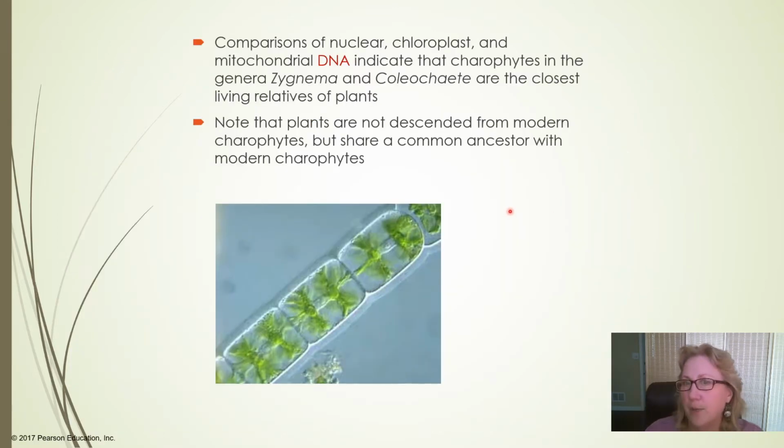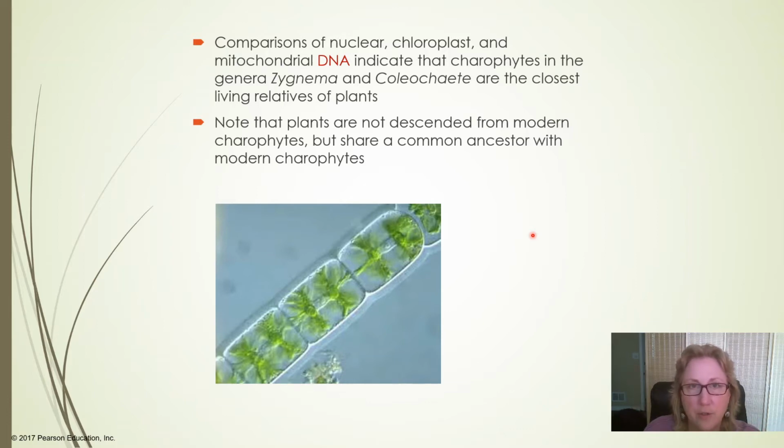So how do we know which of the green algae are the closest relatives to plants today? Well, DNA has been the way to answer that. So there's 3 places we can find DNA in a plant or a green algae. One is in the nucleus, that's where the chromosomes are, but also the chloroplasts and the mitochondria, because they're both ancient endosymbionts. The chloroplasts resulted from the endosymbiosis of a cyanobacteria, mitochondria from an alpha proteobacteria.